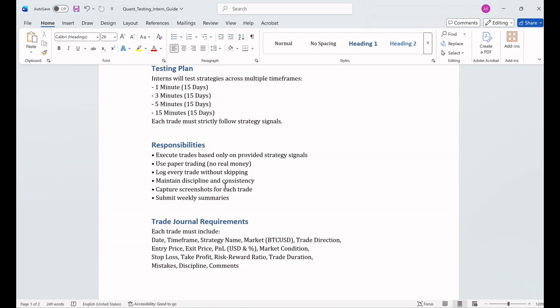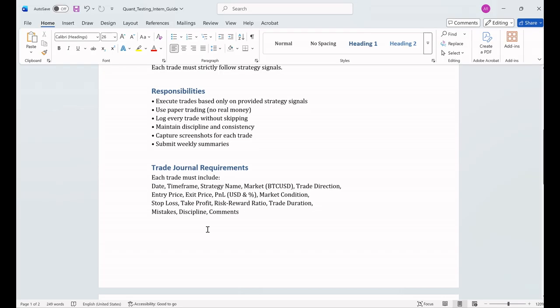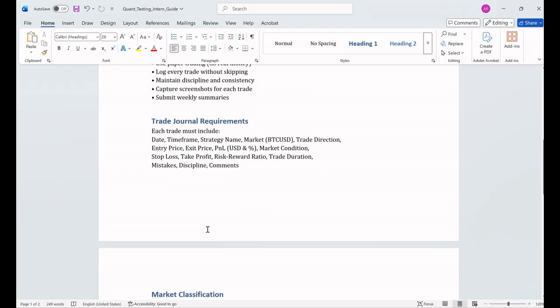Now let us talk about trade journal details. For every trade, you need to record multiple fields. This includes date, time frame, strategy name, market, trade duration, entry price, exit price, profit or loss, market condition, and stop loss. Now you might feel that this is too much data, but this is exactly what is required for